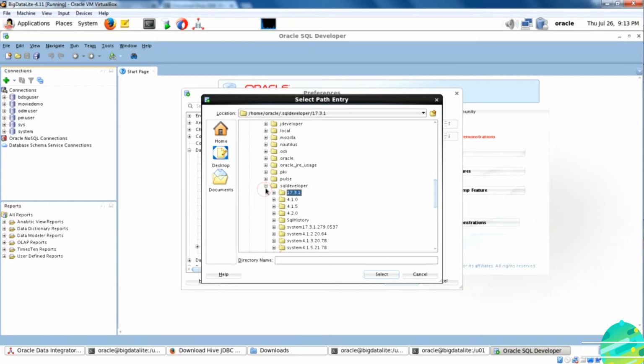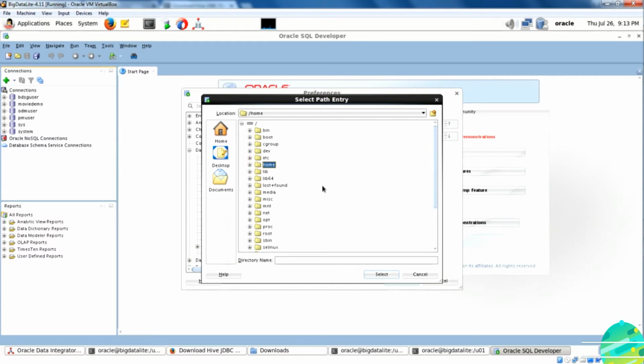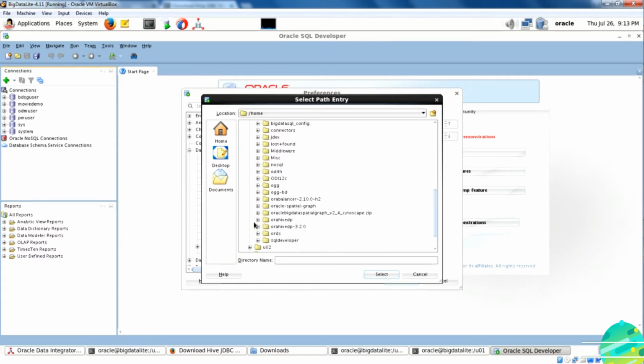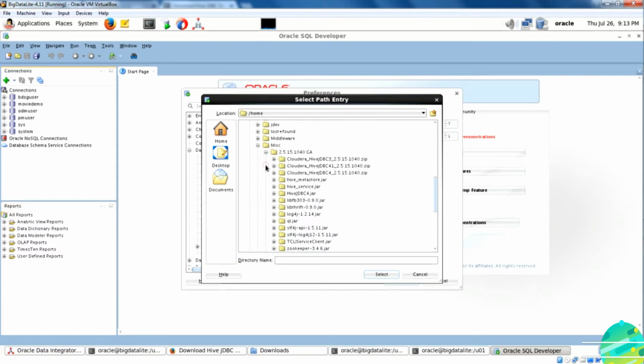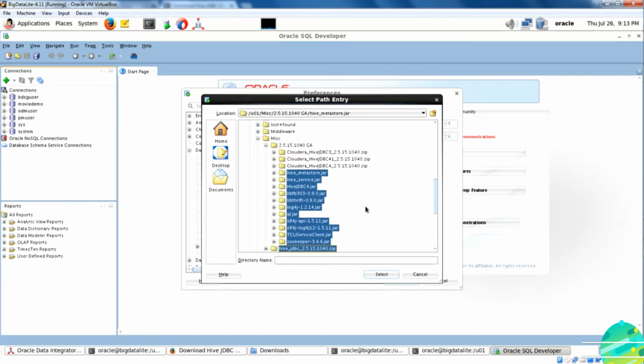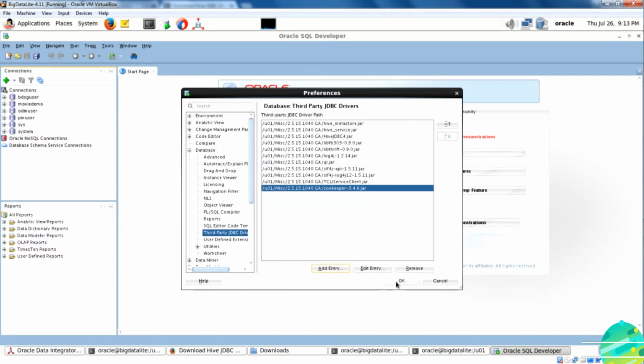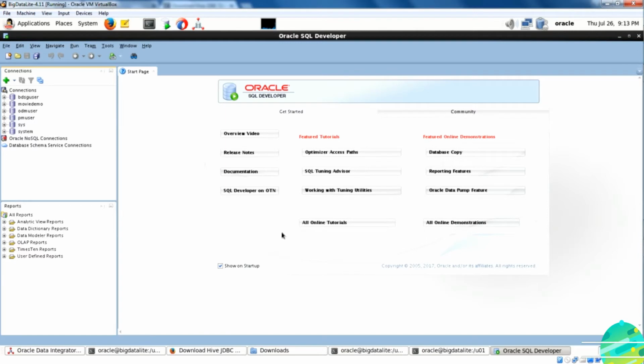Click on Add and select all the jar files which you got after unzipping the downloads. Go to that folder. In my case it is the miscellaneous folder under U01. Select all the jar files. There would be about 11 of them. Click on select and click on OK.